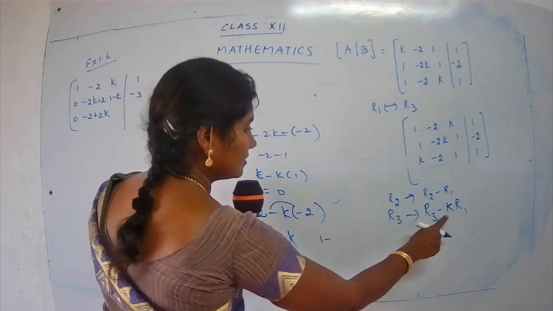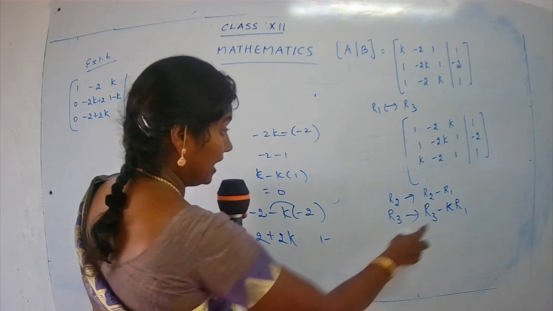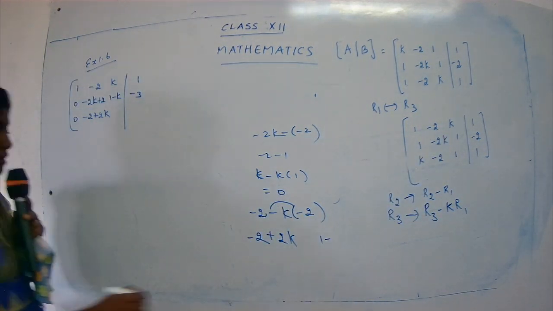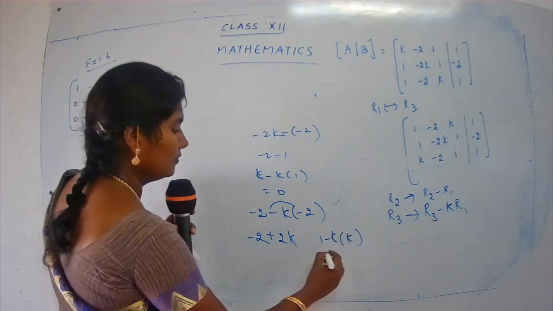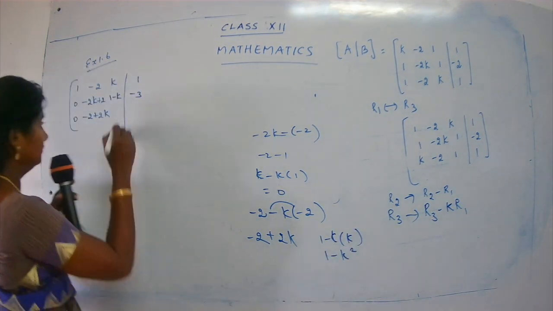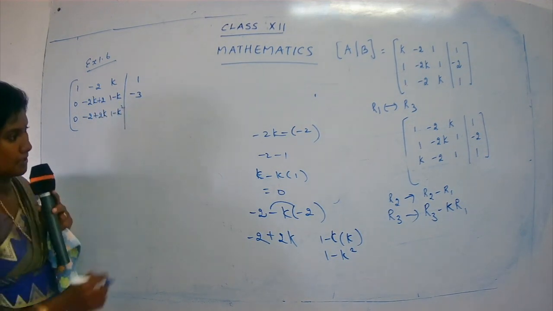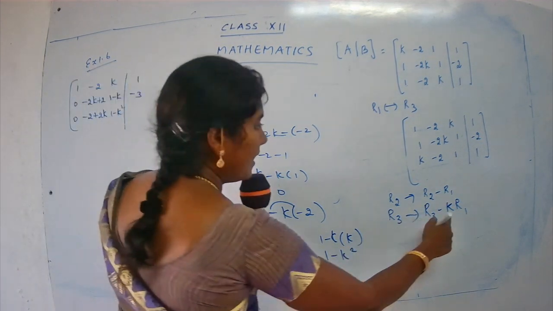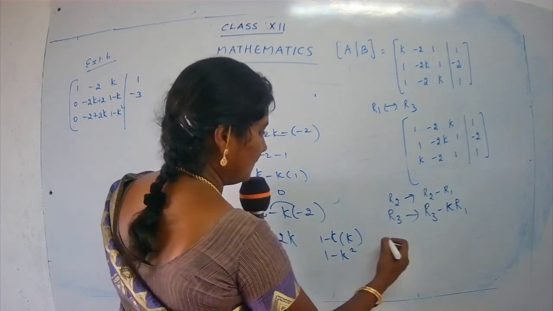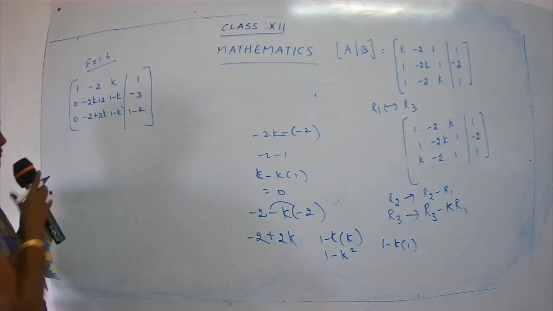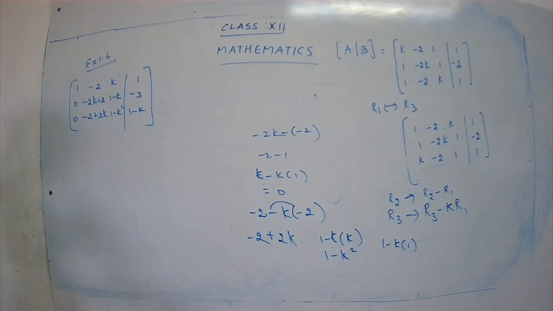Last part, 1 minus k into k. Yeah, k into k. 1 minus k into k, k into k gives you 1 minus k square. Then next, 1 minus k into 1, 1 minus k. So I have just got the conversion. I have changed R2 and R3. Now just observe the